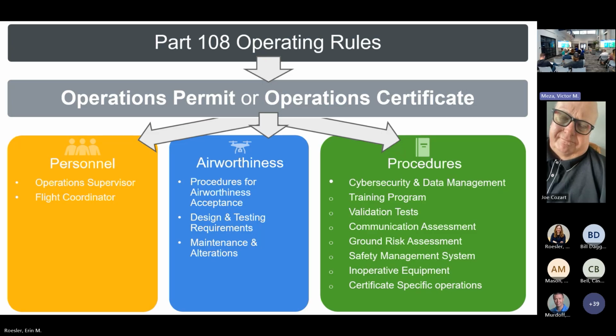And then lastly, anything that would be like the type of certificate appropriate. And by type of certificate, I don't mean type certificate. I mean the type of operations I'm proposing. If I'm going to apply for a package delivery, I would have to have package handling and hazardous material type procedures in place. If I am doing aerial application, spraying pesticides or herbicides, I would have to have those procedures in place as appropriate. So all of those things are prerequisites to go into my application package to get an operations permit or an operations certificate.